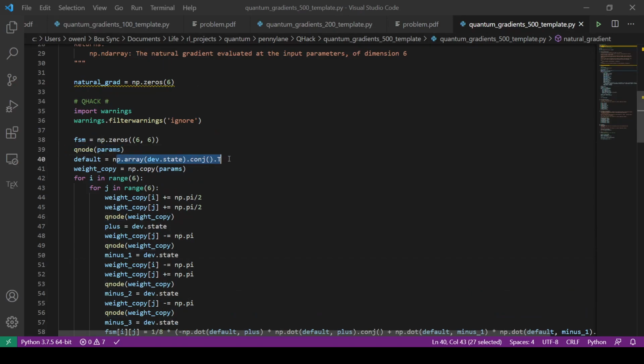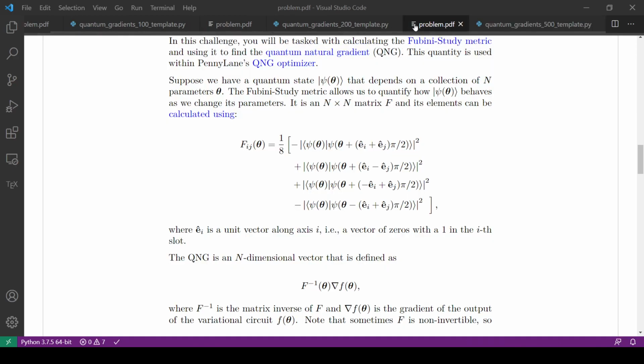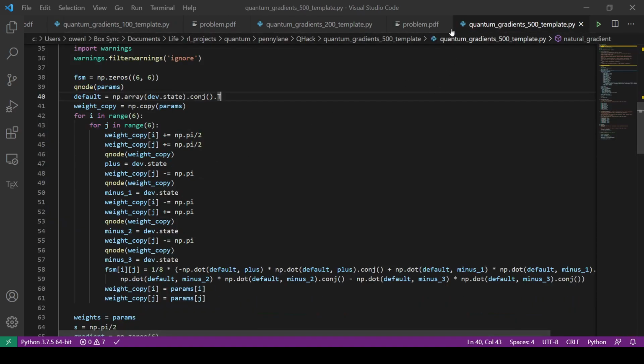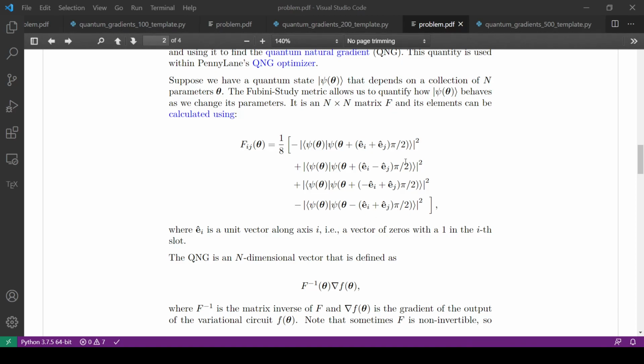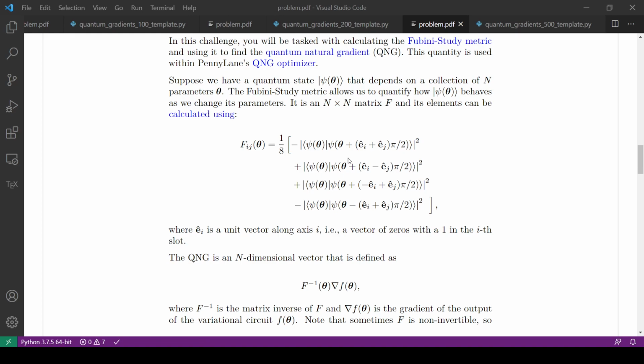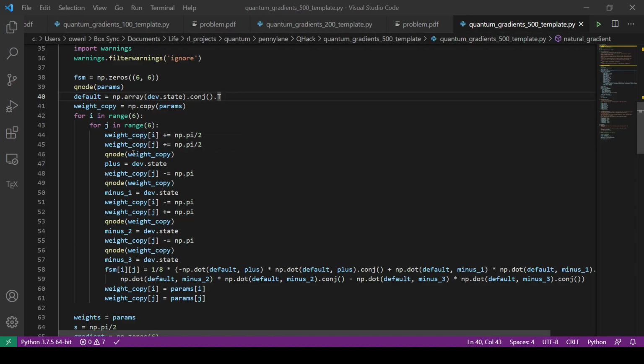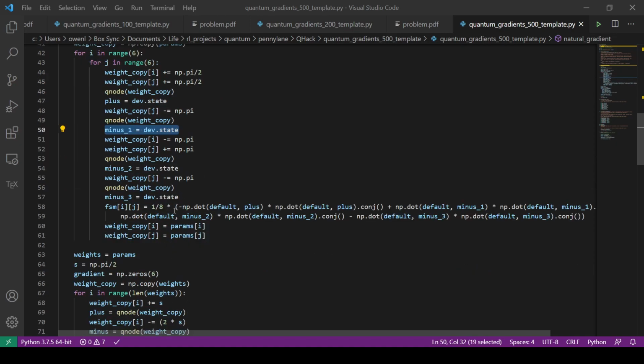We take the Hermitian, or the conjugate transpose, and then for each value in this n by n, or I guess p by p, since they use n parameters here but p parameters before, we do the same sort of calculations as the Hessian: the plus plus, plus minus, minus plus, minus minus. However, this time, rather than caring about the results of this, we get the device.state at the end of each of them, and then to calculate this whole thing, we do